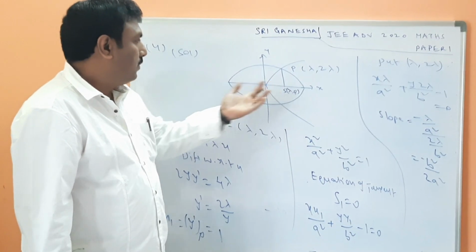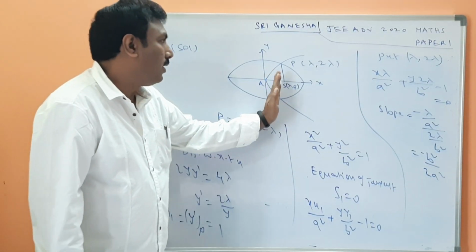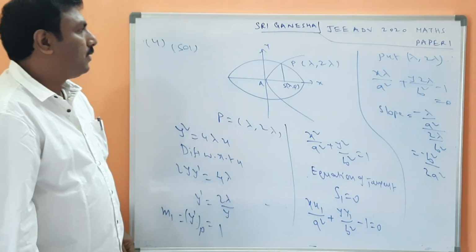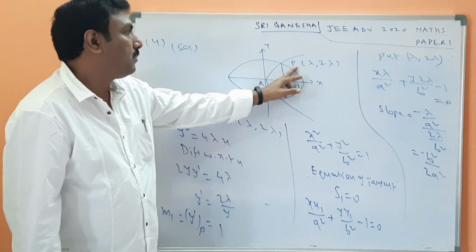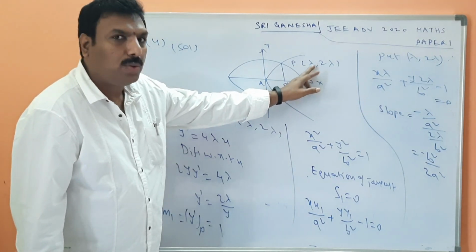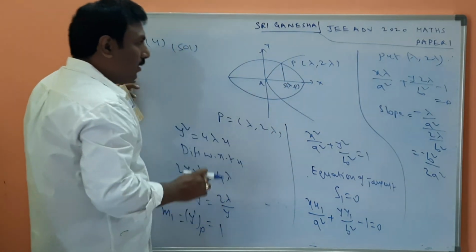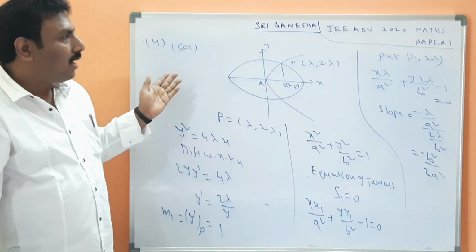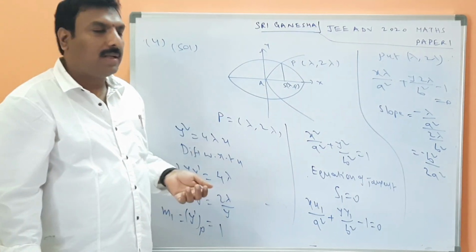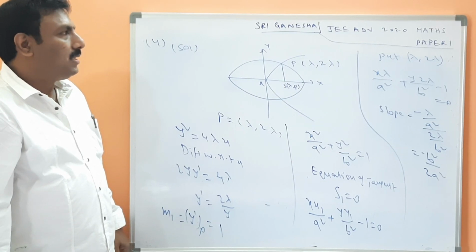Now this is a diagram. We have drawn the ellipse and parabola. x equal to lambda is the latus rectum. Now P is the endpoint of the latus rectum, so automatically that is lambda comma 2 lambda. The ellipse is passing through the point capital P. Now what is given there? Tangents to the parabola and ellipse are mutually perpendicular at the point P. Then find the eccentricity of the ellipse.